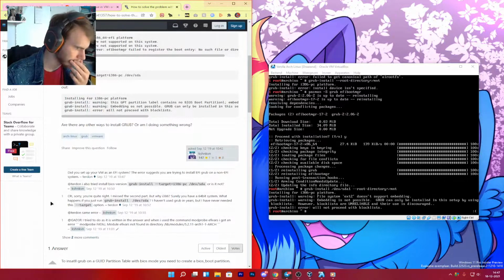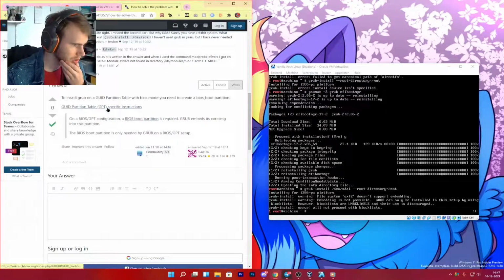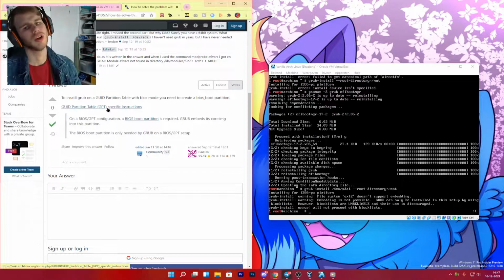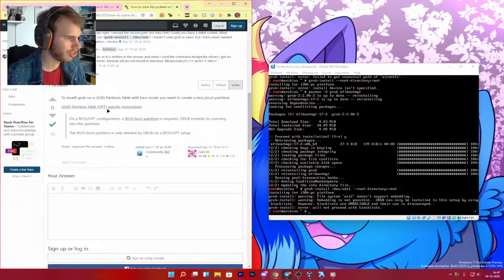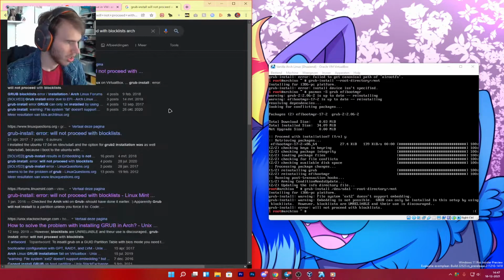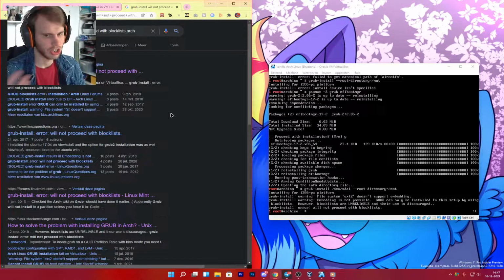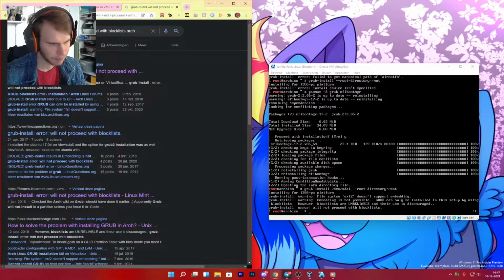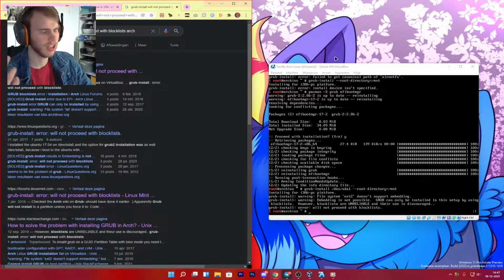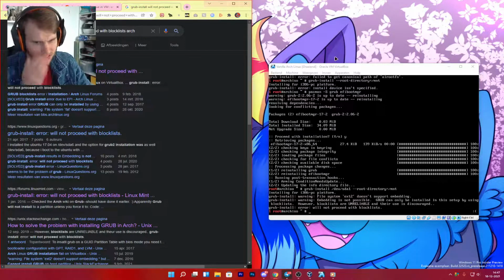Okay, let's see. To install grub on GPT with BIOS mode, you need to create a BIOS boot partition. Yeah, I'm not using GPT though, I'm using DOS. Right? So I don't know if that really changes things around, but